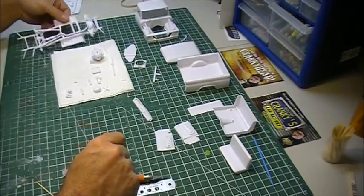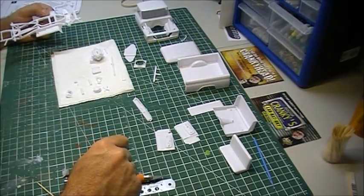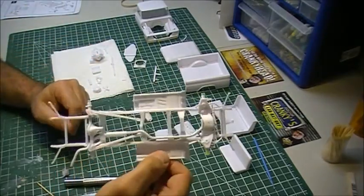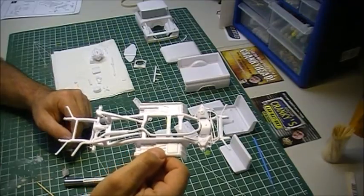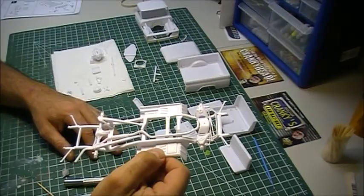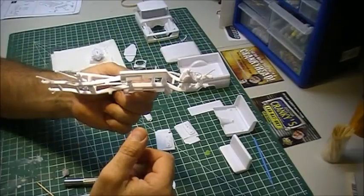But yeah, I'm going for a weathered paint job on this. It's going to be kind of a farm truck. I've pre-assembled the chassis here, and then I'll go back over it with some dry brushing and washes and stuff like that. But this kit, if you're looking at buying it to lower it even more, if you wanted to,